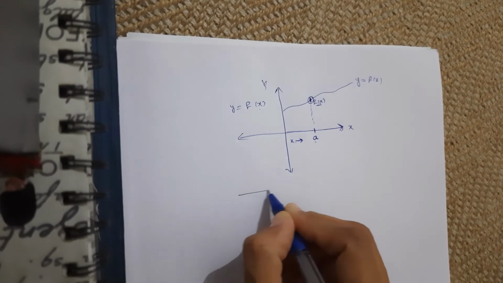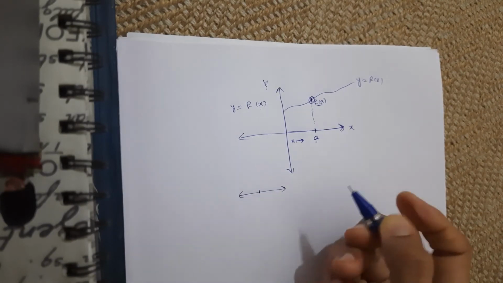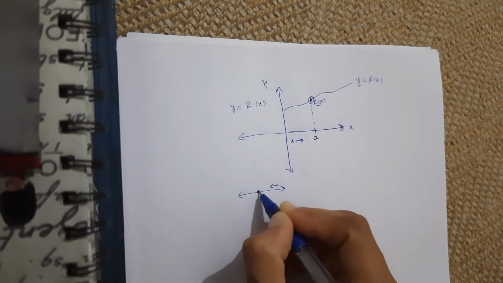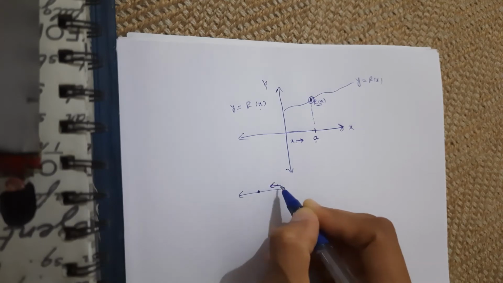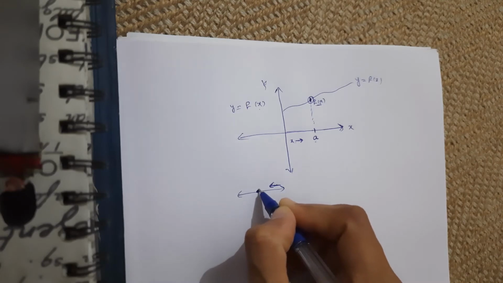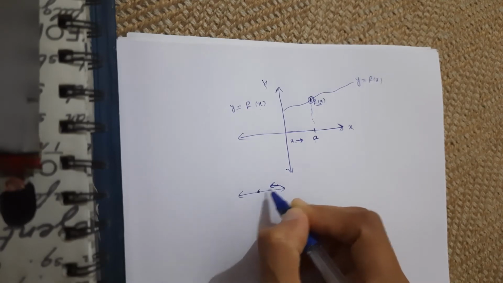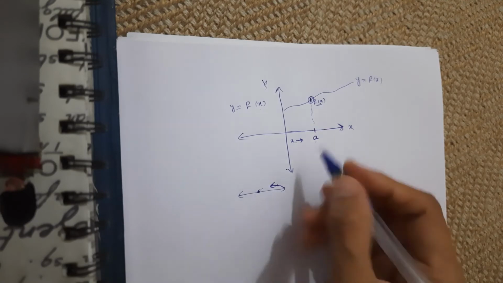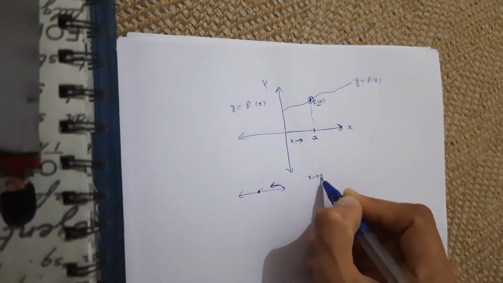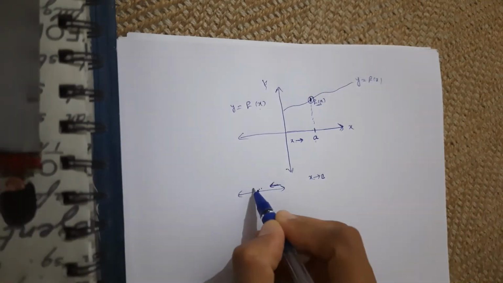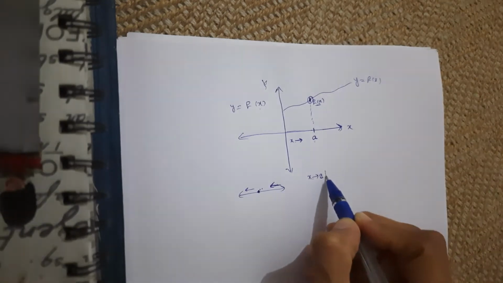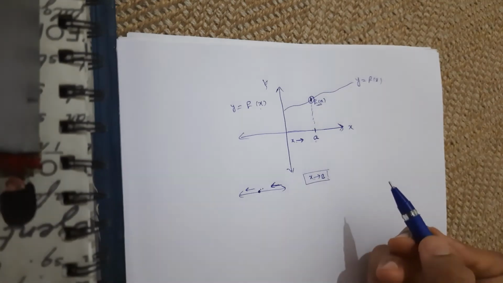Just remember the example of the station and train. So if this is the station which is a fixed point and the train is approaching this station, then what happens? As time passes, this train is coming nearer and nearer to the station. That means x tends to A. It's coming nearer and nearer to the fixed point A. It's not going apart, it's not going away from the station. It's always coming toward the station. That is the exact meaning of x tends to A.